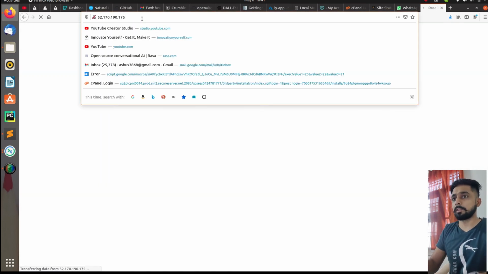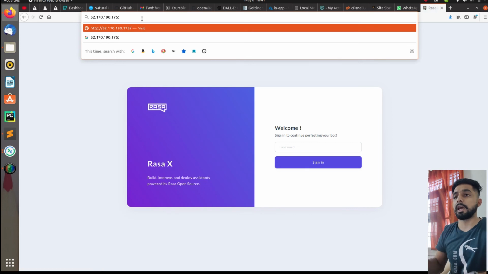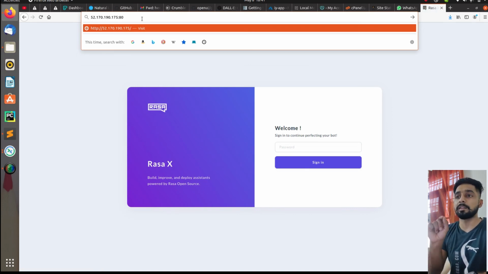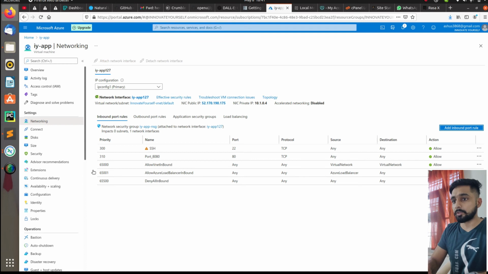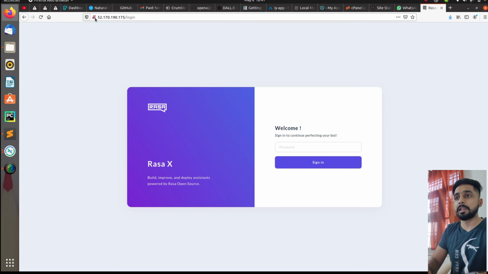Okay, one more thing you have to do is simply put a colon and then pass the value as 80. With this, it will be able to access that. Currently it is not taking the port number as 80, and that was the reason it was not working, so I have to specify it. With that you will be able to access it. It is not showing that part right now because by default it's also 80, but maybe for some reason it's not taking it. But anyway, now you can see we are able to access it, and now you have Rasa X installed successfully.